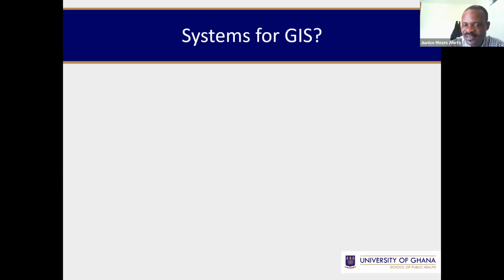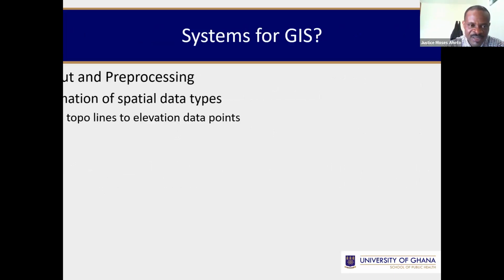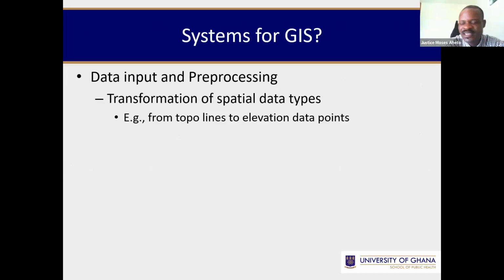Okay, so what are the systems for the geographic information system that we were discussing? Just like any other modeling or data work, for the system to work, you need data input and processing. Here we're talking about transformation of spatial data types. There are different kinds of spatial data types that you can talk about. So to be able to do good data input and processing, you need to understand the data type